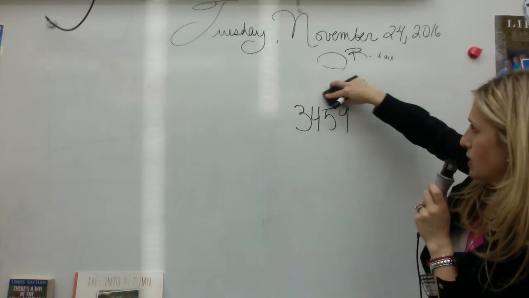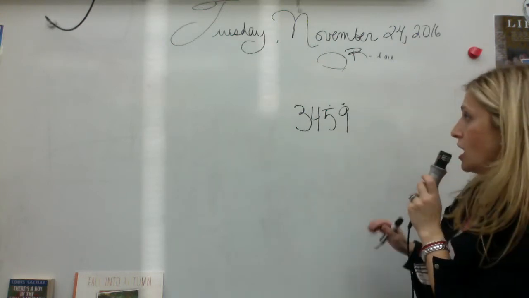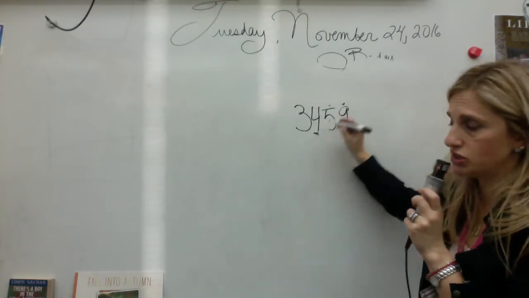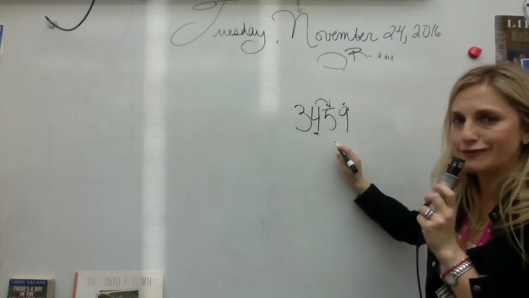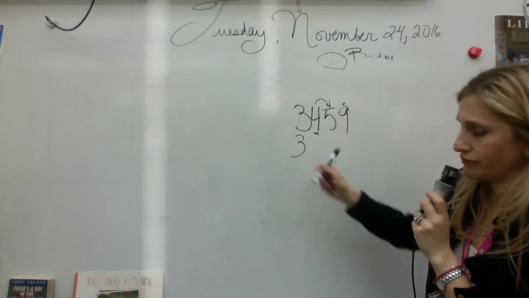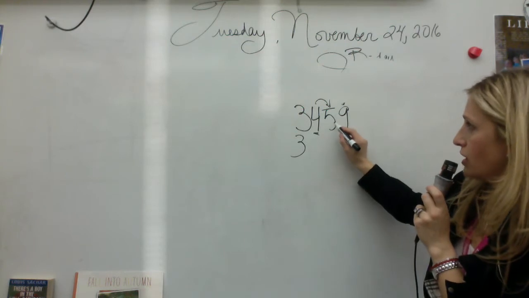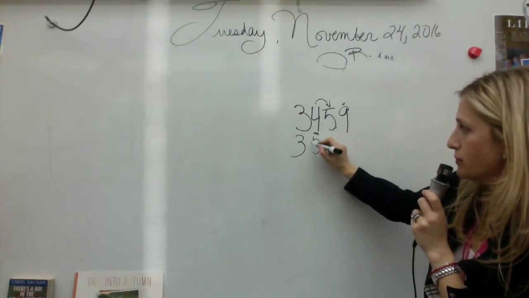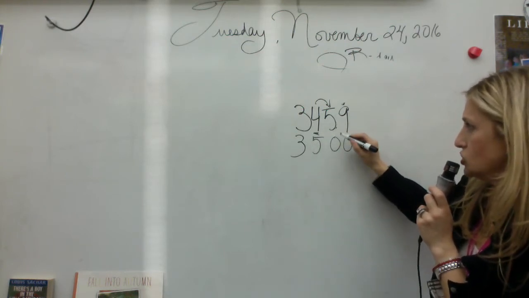If I take the same number and I say I would like to round it to the hundreds, I underline the digit in the hundreds. I look to the right, it's a 5. So the 3, not a part of this deal. The 5 makes the 4 become a 5, and the last two spots